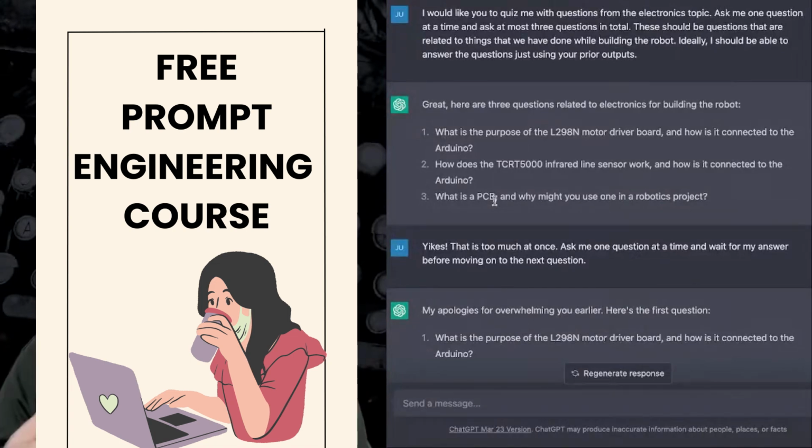I've learned a lot by going through this design process. Now, I haven't actually gotten something that I could probably build a robot with yet. If I interacted more, I probably could. But I actually asked it to quiz me from the electronics questions, and it's able to do that. And so what you can see here is a lot of the power of these large language models comes from